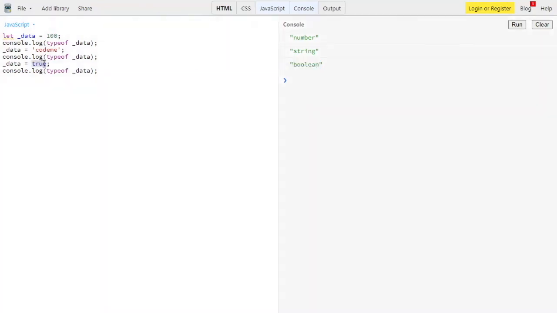True belongs to the boolean family, the single quoted string belongs to the string family, and 100 is a number. So that's how we can use the typeof operator. The typeof operator is used to tell which type of data you have, it returns which type of data is present, and then we are printing it in the console window over here.